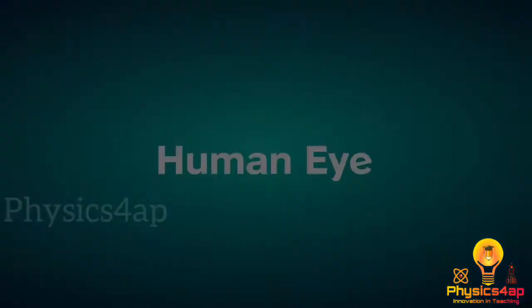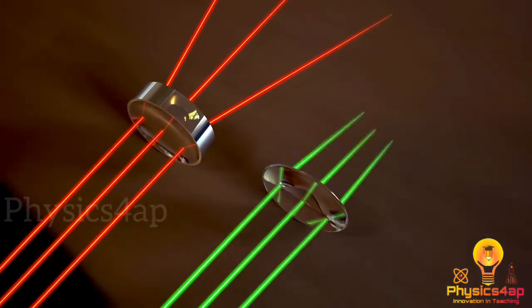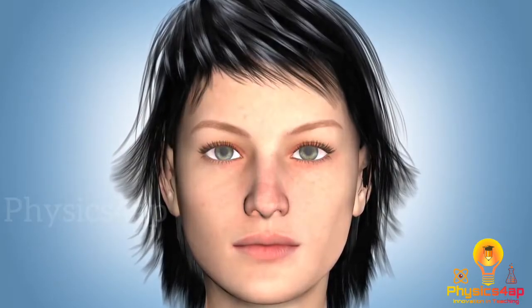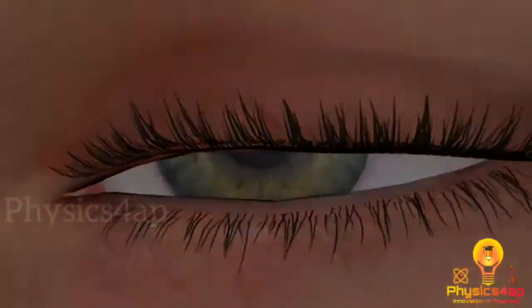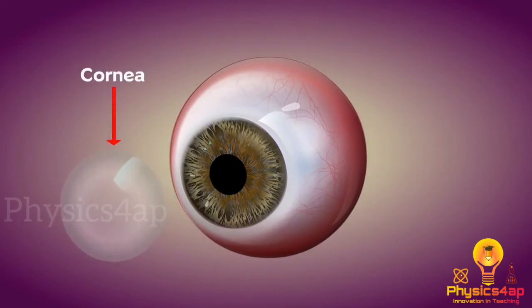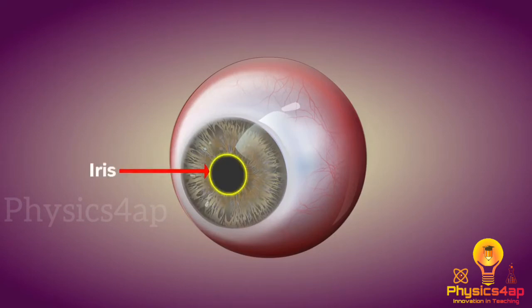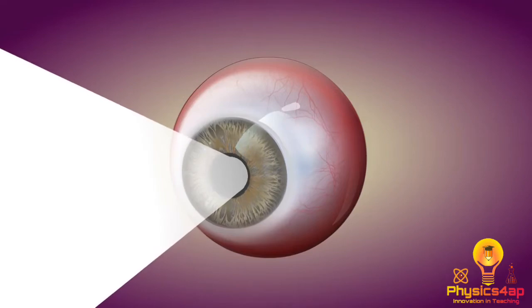Let's discuss the structure of the human eye. A lens is a transparent material bounded by two curved surfaces, and we also have a lens in our eye. So let us see the structure of the eye. We are moving to the eyeball. The front part of the eye is called the cornea, which protects the eyeball, and we have a colored part called the iris attached to the pupil, the black colored part. This iris adjusts the pupil to control the light entering it,